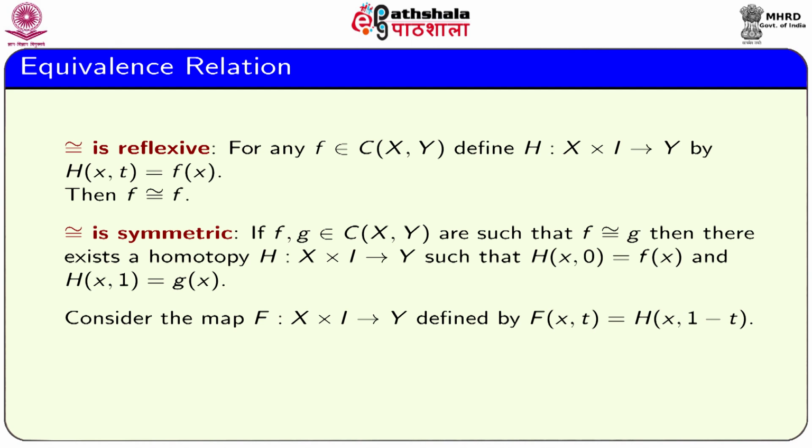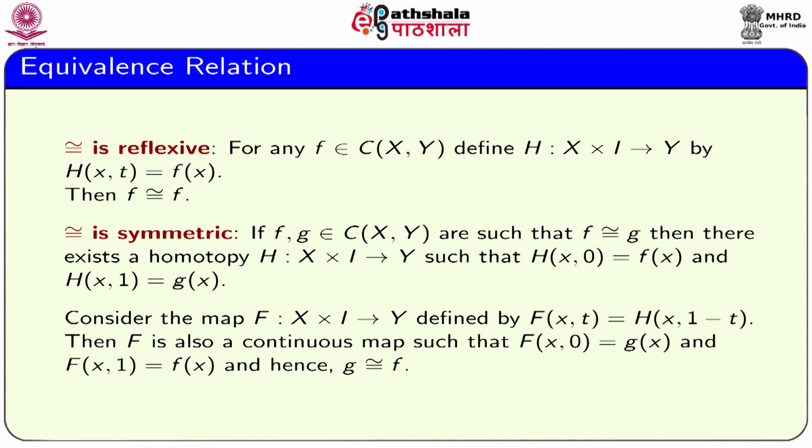Now let us define a map capital F with the help of the given function capital H, that F(x,t) is equal to H(x,1 minus t) for all x belonging to capital X and for all t belonging to capital I. Then of course F is a continuous function